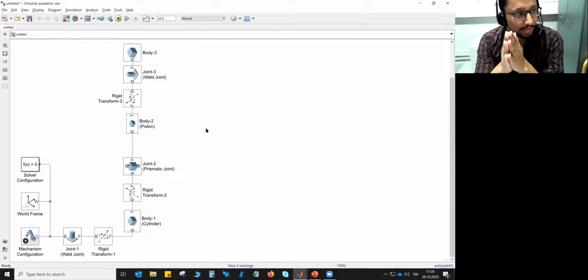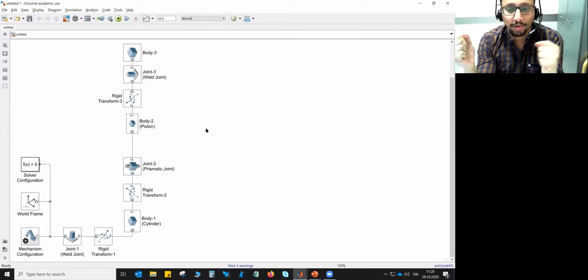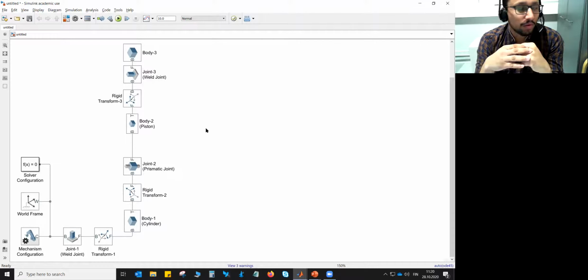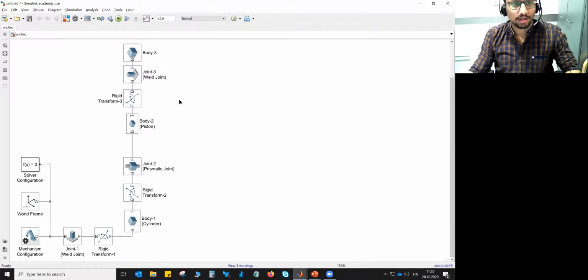We require some basic components such as the pump and the tank. Pump is basically we will be using a constant pressure source, and tank will be some atmospheric reference. And then obviously we will need to define some hydraulic properties, some fluid properties. So let's go ahead and do that.